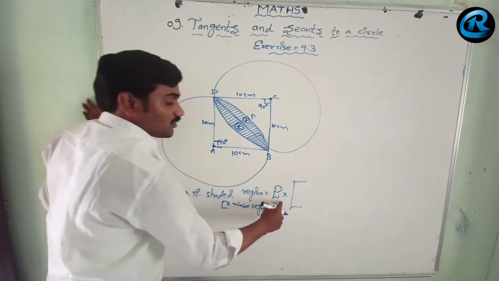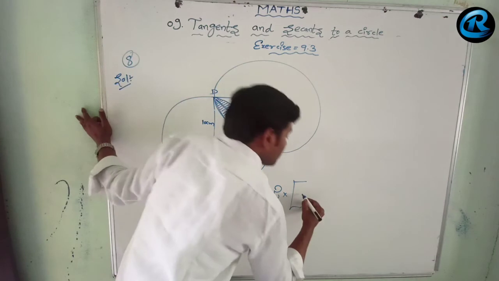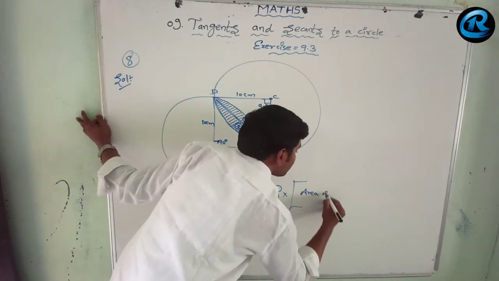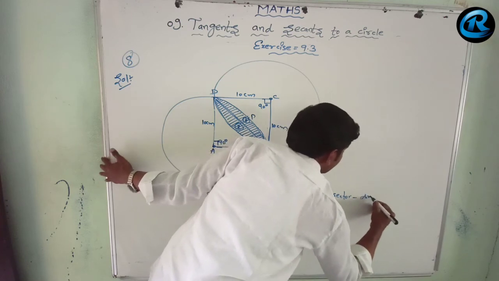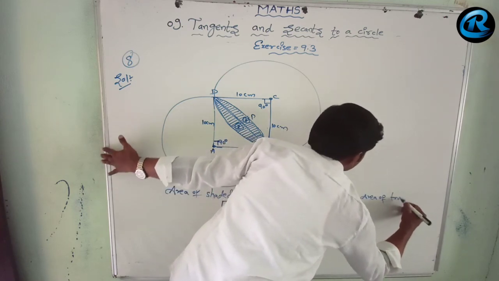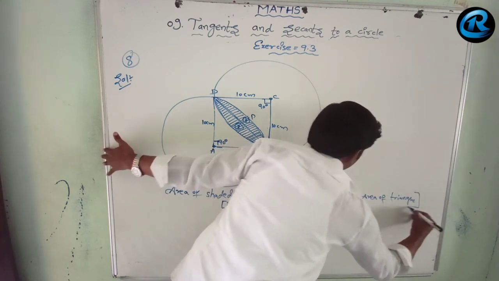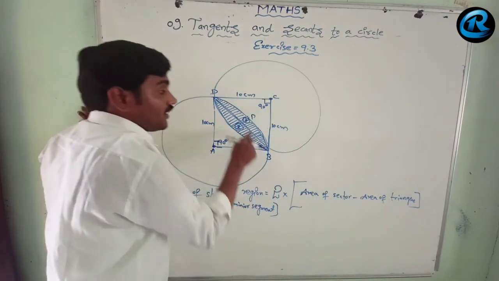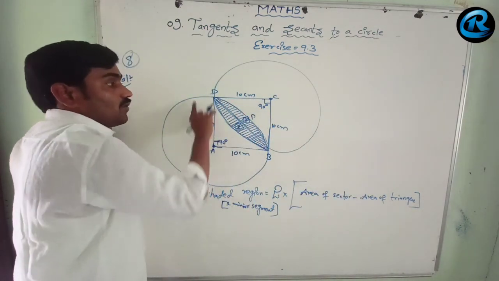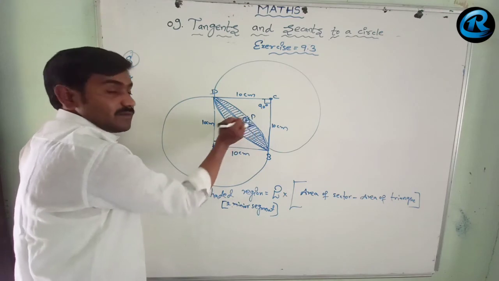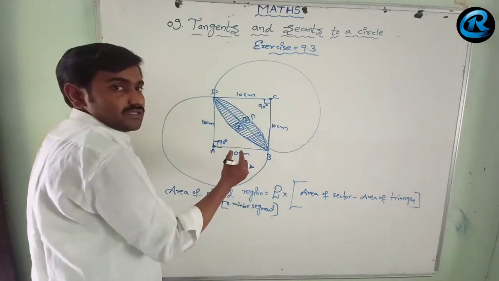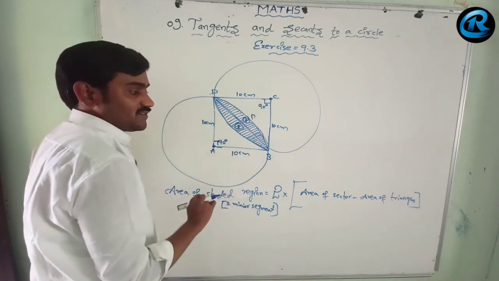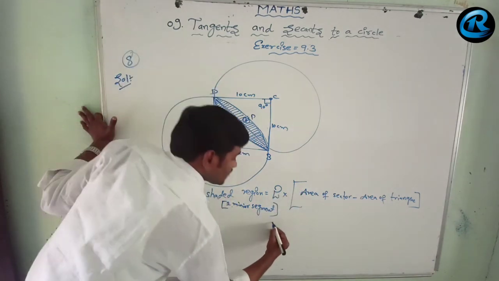మైనర్ సెగ్మెంట్స్. సో 2 into area of minor segment formula, area of sector minus area of triangle. Why we done 2? ఎందుకంటే ఇక్కడ ఒక పార్ట్ ఉంది, ఒకసారి ఫైండ్ అవుట్ చేసినప్పుడు ఏరియా 1 సెగ్మెంట్ వస్తుంది, ఇప్పుడు మళ్ళీ ఇలా తీసుకున్నప్పుడు ఏరియా 1 మోర్ సెగ్మెంట్ వస్తుంది. So 2 area segments will be. So అందుకే 2 into అంటారు సార్.